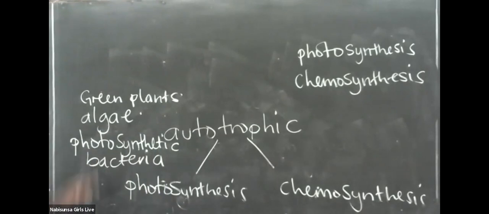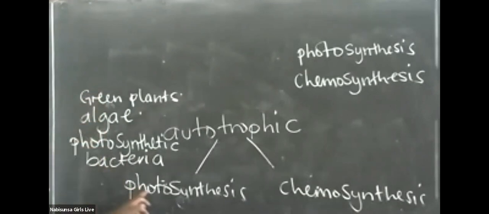Now we need to note, not all plants, because someone might assume that it encompasses all plants. No, please. Some plants are parasitic, and they carry out heterotrophic nutrition. Are you getting it? That's why I'm stressing the words green plants, then algae, and then the photosynthetic bacteria. Those are examples of organisms which carry out photosynthesis.